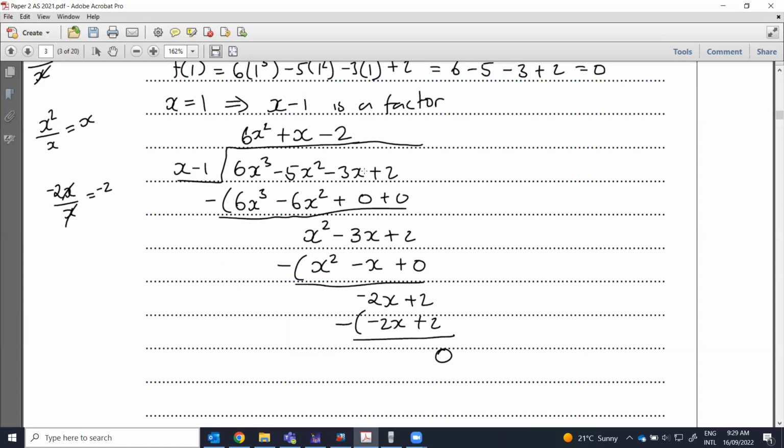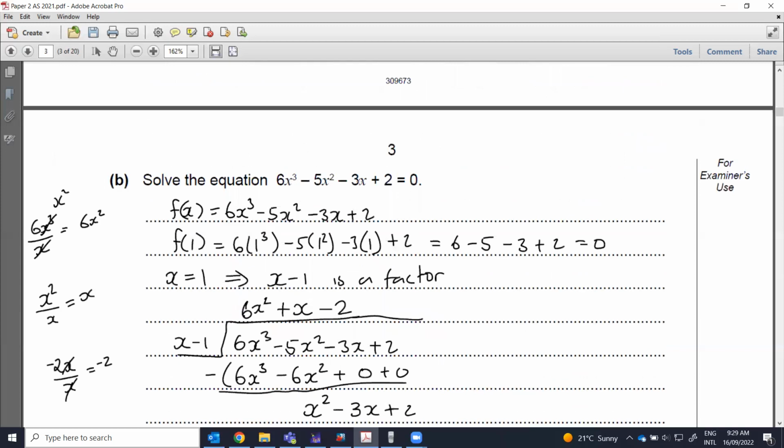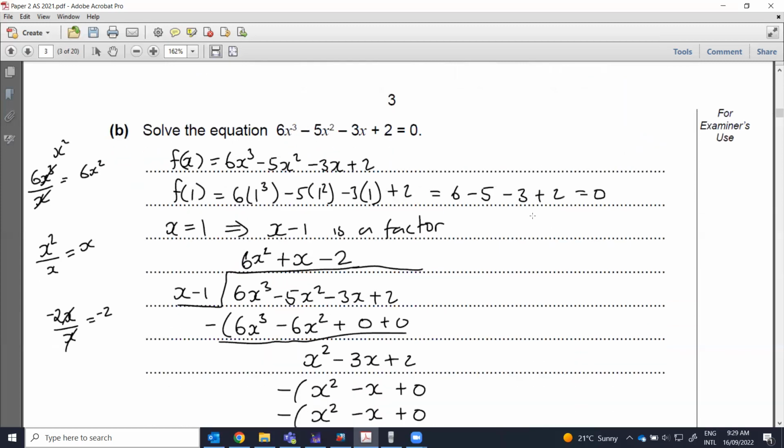And whenever you divide a function or a polynomial by its factor, the remainder must be equal to 0. So just like when I divide 100 by 2, the remainder is 0 because 2 is a factor of 100. And this is how you know that what you did up here is correct, because you're getting a remainder of 0. Now, what you do, because we're asked to solve this equation over here, what we're doing now is just